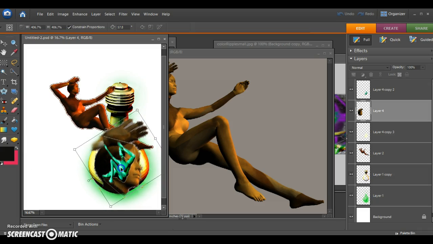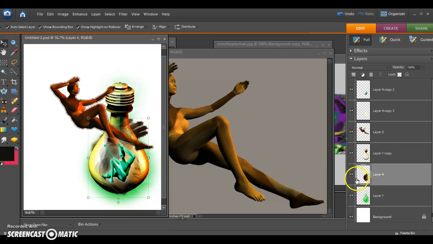Okay, I stick it over the light bulb, and now the image looks really weird. So I'll go over and rearrange my layers to how I want it to look. And now I have a ghost image